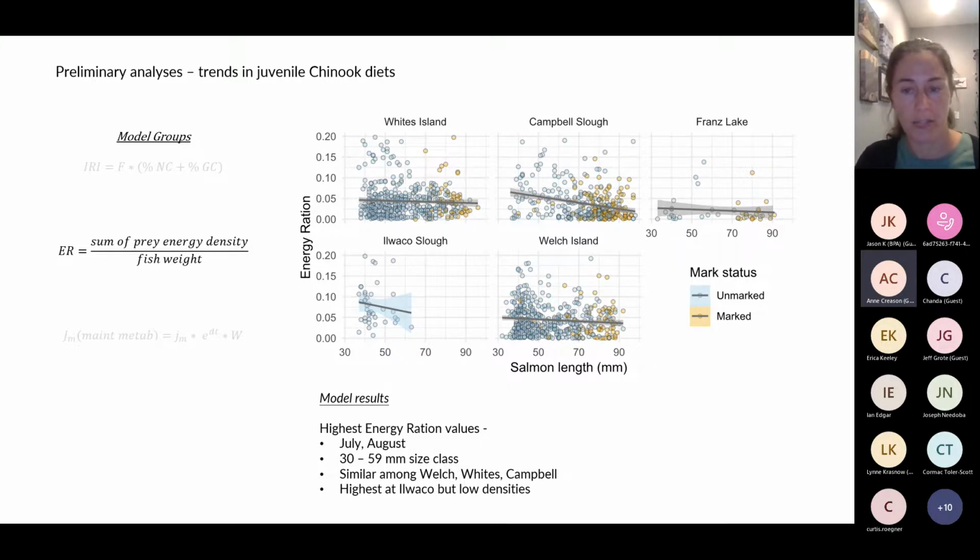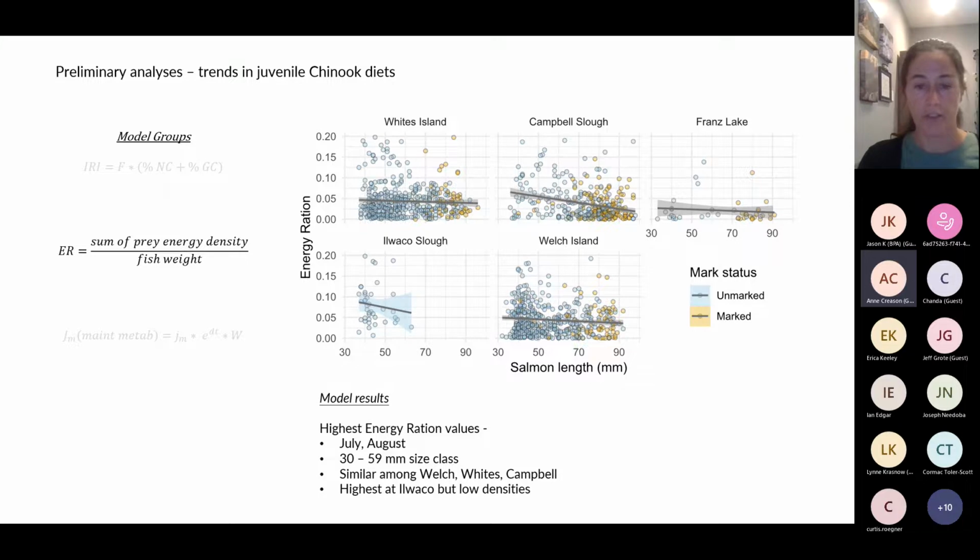So marked are hatchery and unmarked are more natural fish. And larger fish in general are hatchery fish. And so you can see that there aren't any alarming trends, that really energy ration has been pretty stable. The model results that you see at the bottom